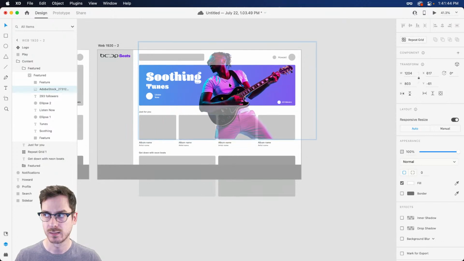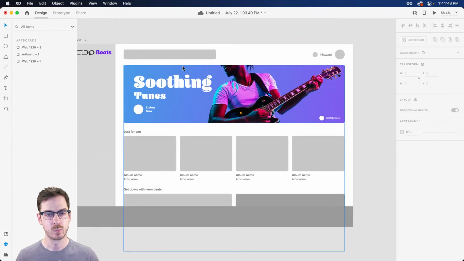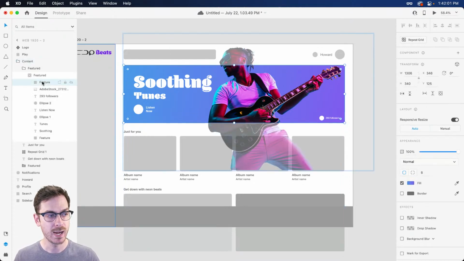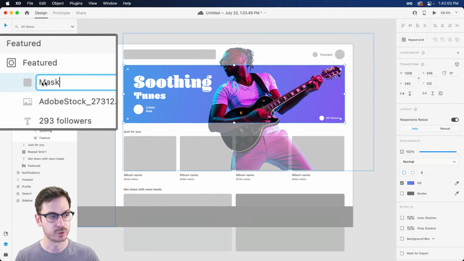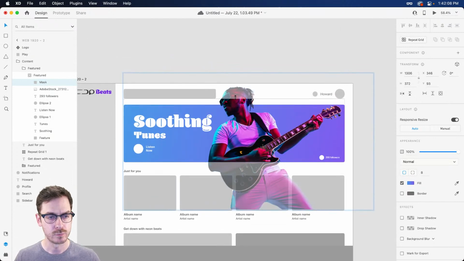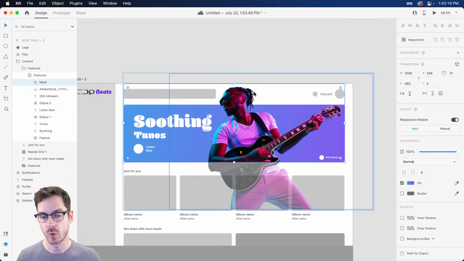Something like that, right? Now, we're noticing a bit of a problem. We want the image to kind of explode outside of this section, but because we have an object mask that was defined with the original shape, it's just masking everything. So in this case, all we have to do is dive in here, grab the object mask, which is the one at the top, which I'll just name mask so we can very easily see what we're working with, and stretch it on out. Now, if we wanted to explode it over to the right-hand side as well, we can just stretch this out as well.